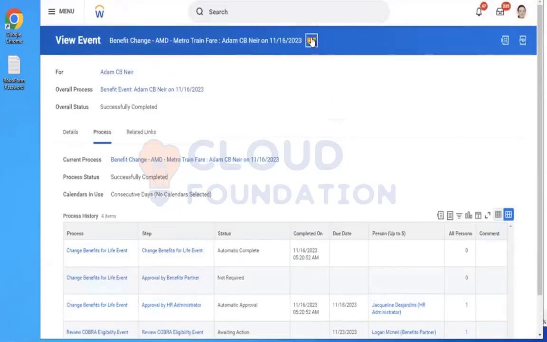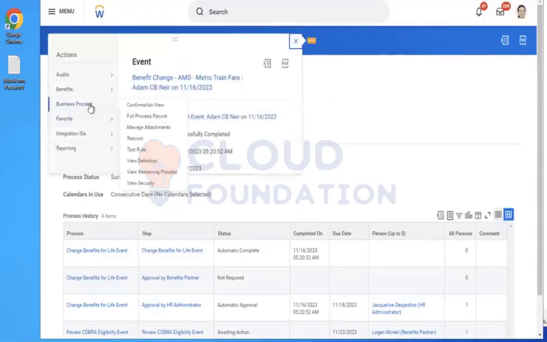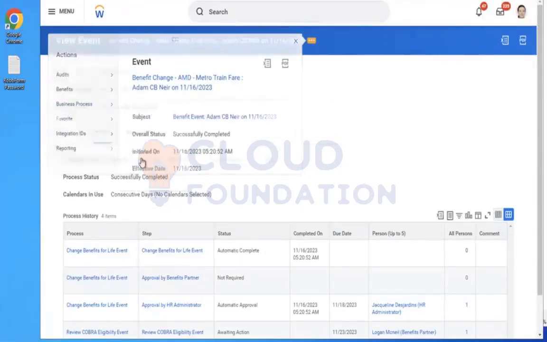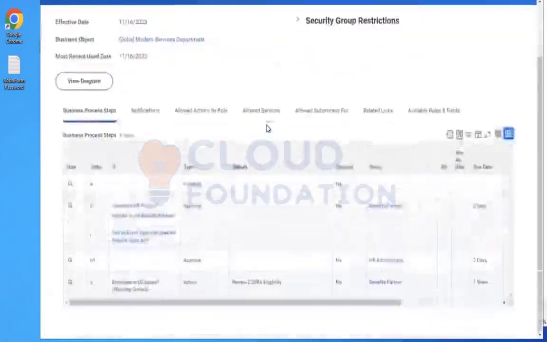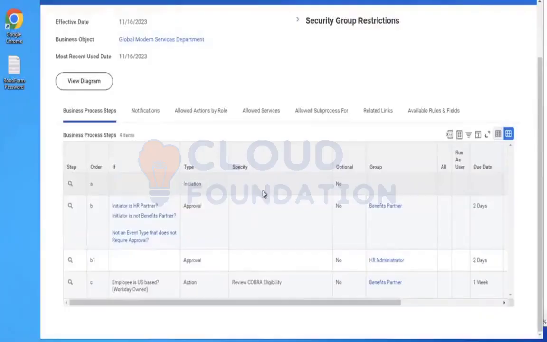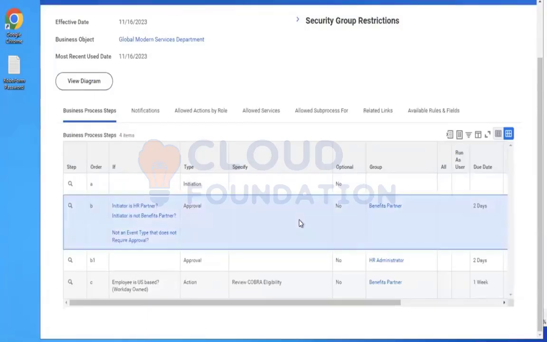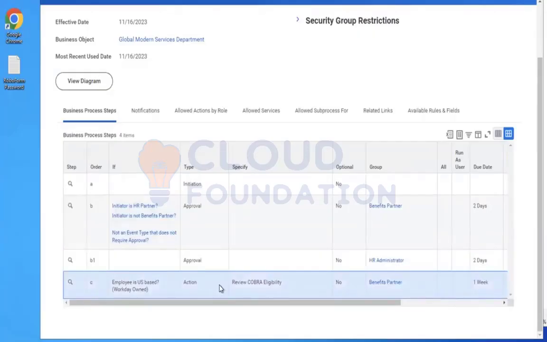Let me check the business process as well. View definition. Initiation should go to the benefit partner, not the HR partner, not an event type. Once the benefit partner approves, it should go to the HR administrator for approval. Once the HR administrator approves, it should go to review COBRA eligibility, benefit partner.